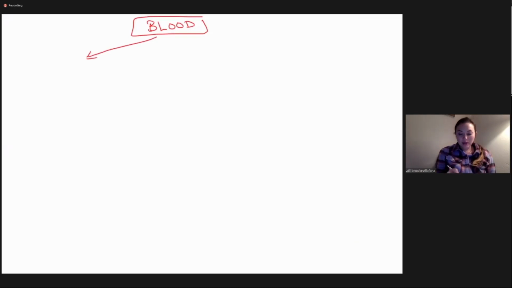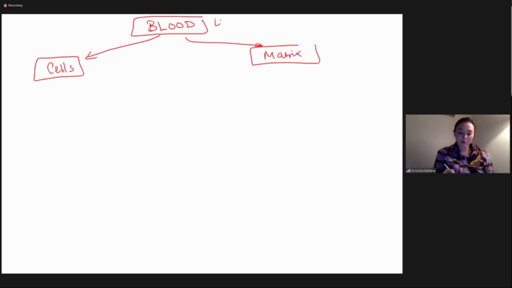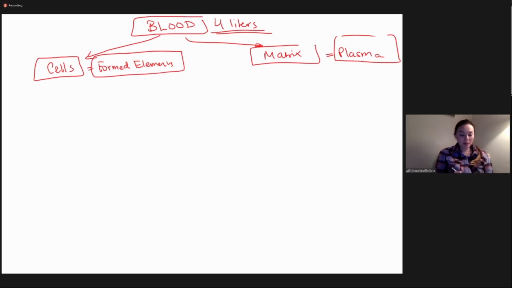So the blood is one of our connective tissues, right? So remember that that means that it has cells and then it has matrix. There are 4 liters of blood, cells and matrix. The cells we call the formed elements, and then the matrix we call the plasma. Plasma, formed elements. The formed elements are going to be broken down into red blood cells, white blood cells, and